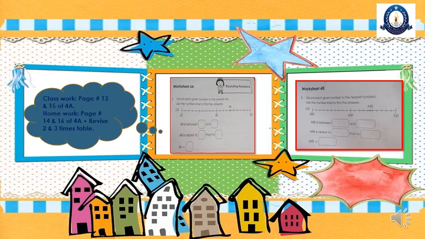Now 645, check the number. Which number is on the 100 place? 6. Next number is 4. Which family does 4 belong to? Same or up? Same family. So 6 will remain the same, and in place of the last 2 digits, what will we add? We will add 2 zeros. And why are we adding 2 zeros? Because we are rounding off to the nearest 100. So when we round off 645, what will be the answer? 600. In the same way you will do your homework. Classwork you will do right now, and homework pages you will do in the evening.